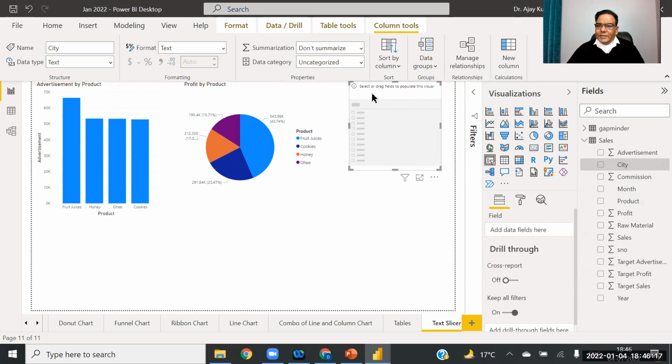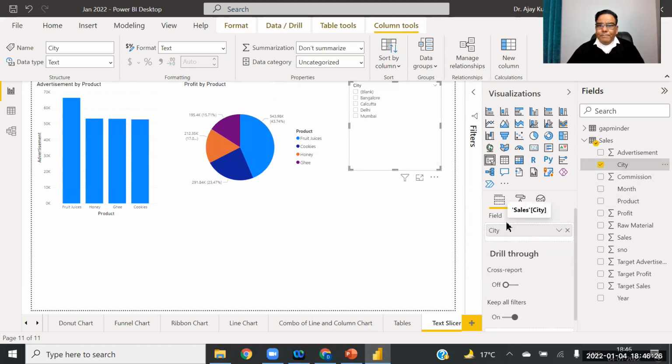So I click on this slicer. In slicer, you have to add the category. I am putting the city as a category. Now the city slicer comes into picture. So now we have to format it, and you know how to format. You just take the